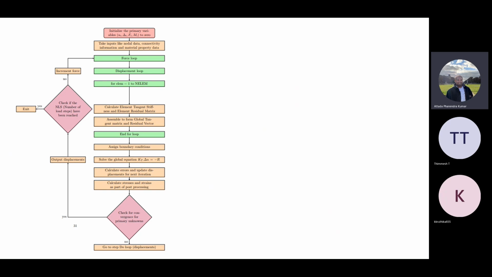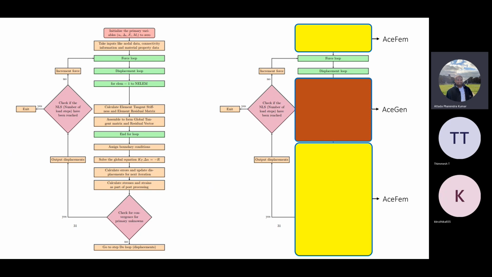For example, in FEM, you assemble and the code is not converging. You don't know why it's not converging. You have to break your head to come up with a debugging process, which is very irritating and time consuming as well. So ASGen offers a simplification there. So using that,